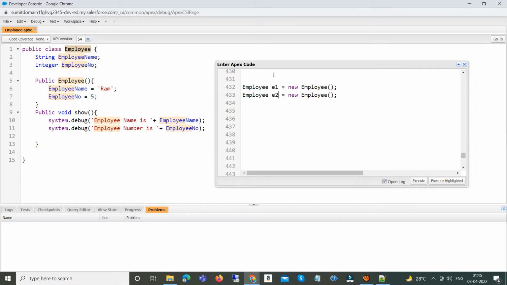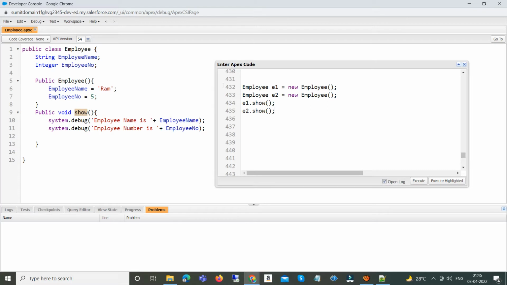Employee e2 equal to new employee. Then e1.show, what we are calling is show. E1.show; e2.show;